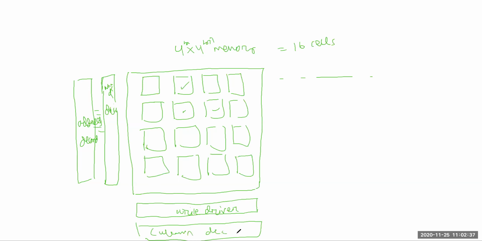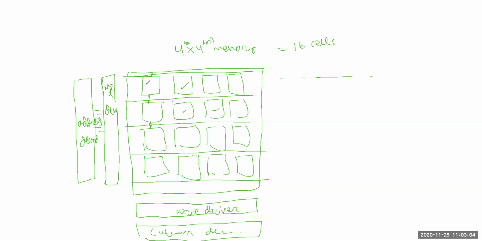Column decoder, everything is there. So here, suppose for all the cells there is a common VDD. Here also, suppose this ground and this ground are connected, again common VDD, common ground, common VDD, like this. So here this part is VDD, this is ground. Here this is ground, this is VDD. Here this is VDD, this is for every cell.